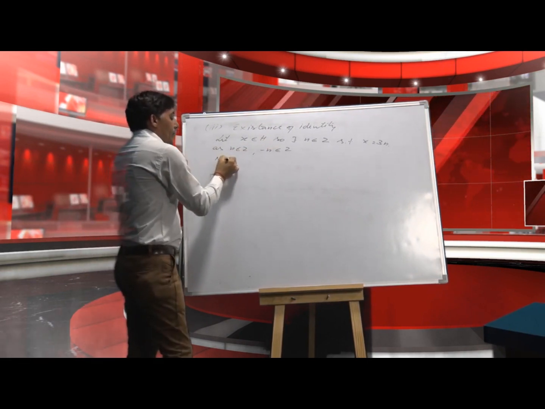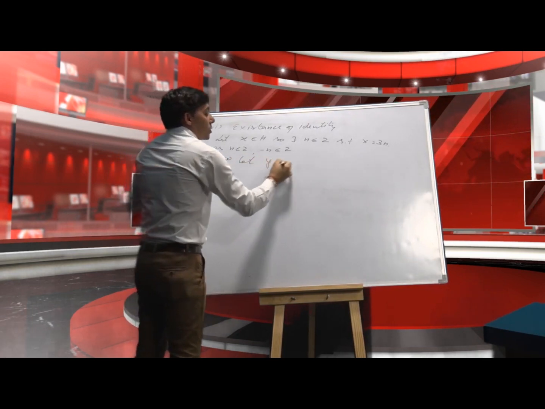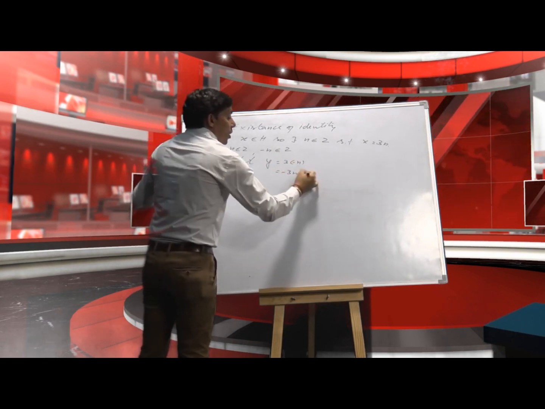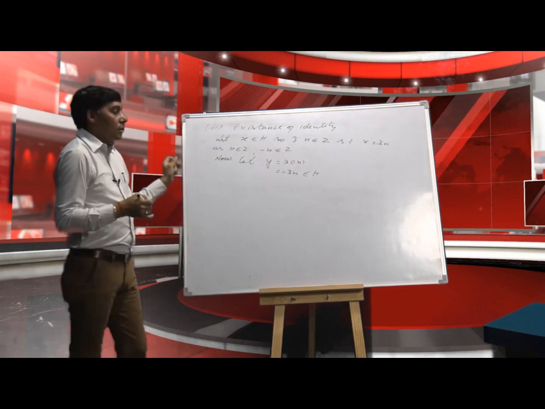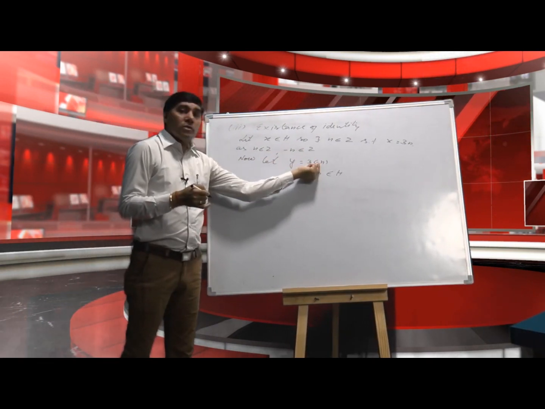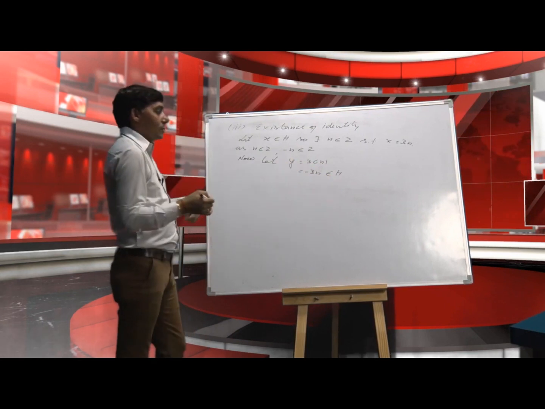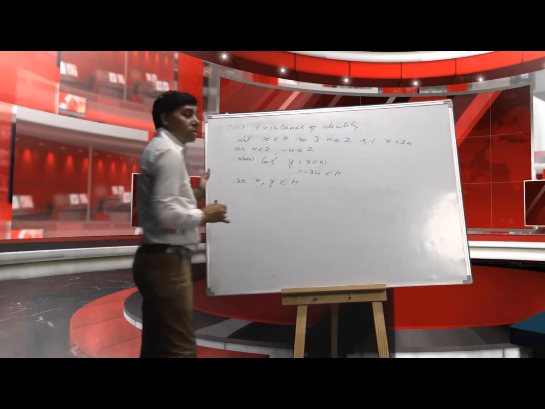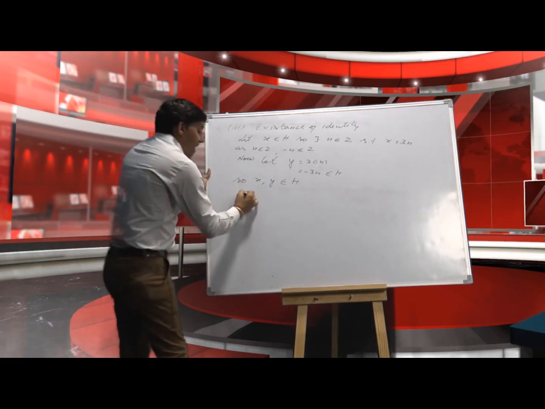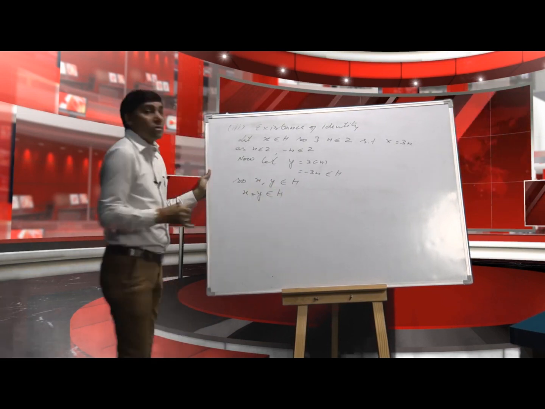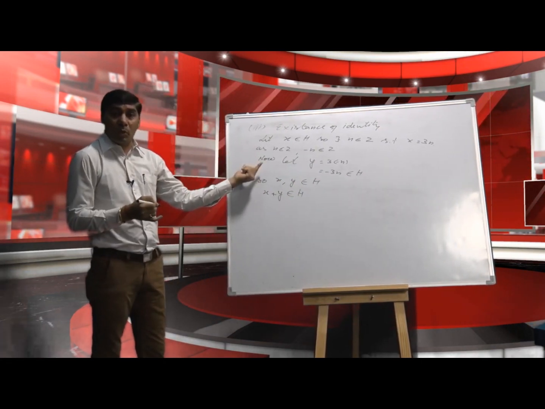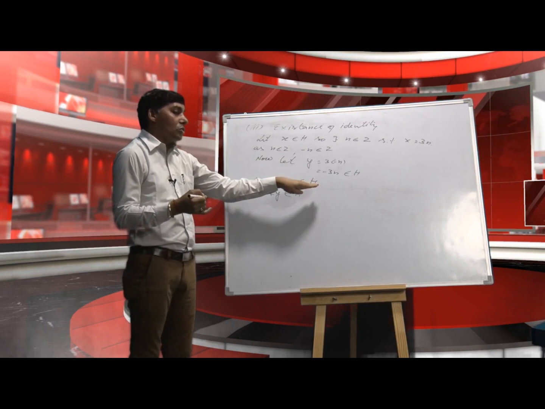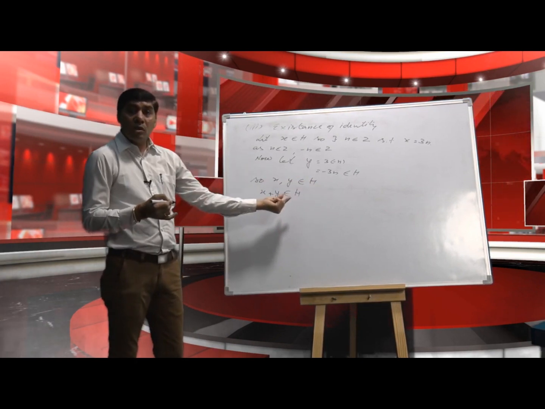Now let y be equal to 3 into minus n, equal to minus 3n, which belongs to H. 3 into minus n is a multiple of 3, which belongs to H. So x, y both belong to H. So by closure property, x plus y must belong to H. We already proved the closure property, the first property: the sum of two elements of H is again in H. That means x belongs to H, y belongs to H. Therefore x plus y belongs to H.